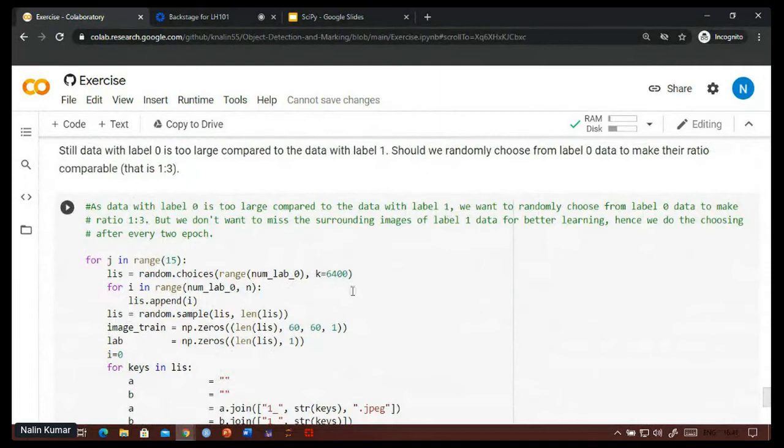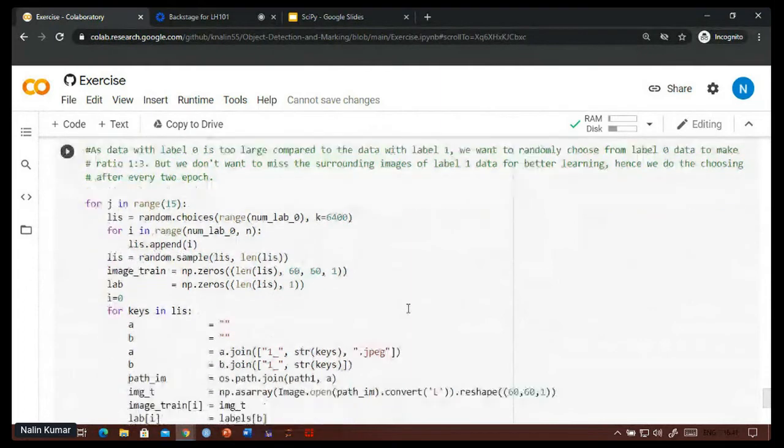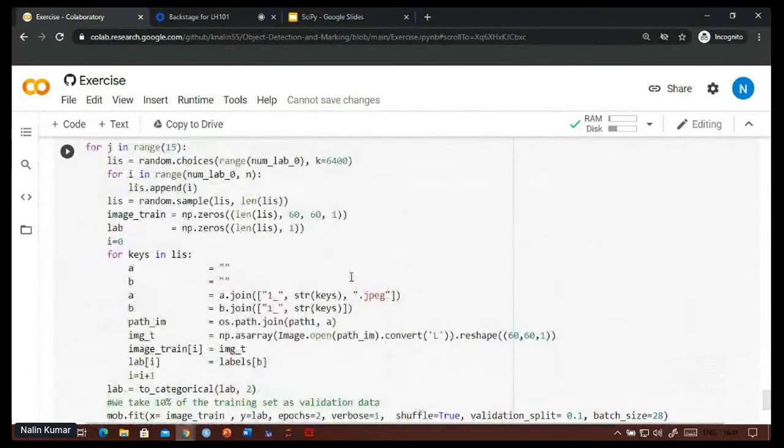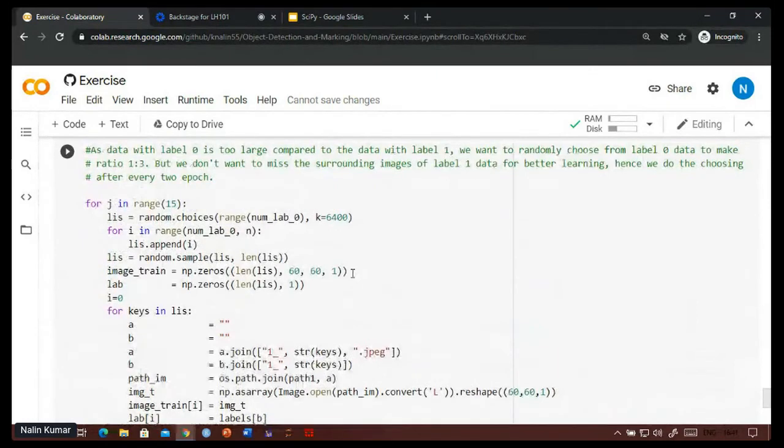So to not lose that, we remove the images randomly, so that the ratio of the 0 label and 1 label can be 3:1.